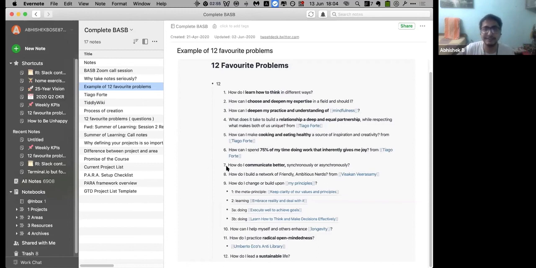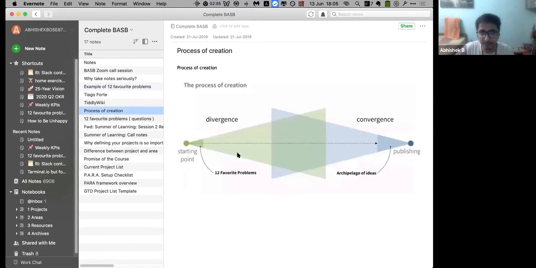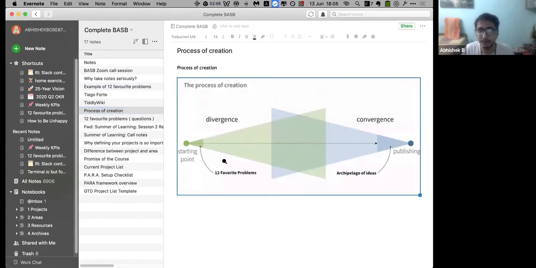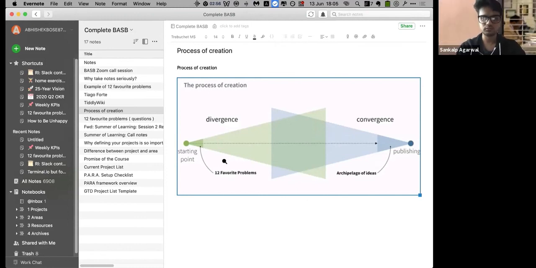I did not put this slide in because I wasn't sure whether we would have the time, but I think this particular image explains building a second brain in one single image. Your starting point is that you have 12 favorite problems, and it takes some time to come up with those questions, to figure out what problems you actually want to solve in your lifetime.